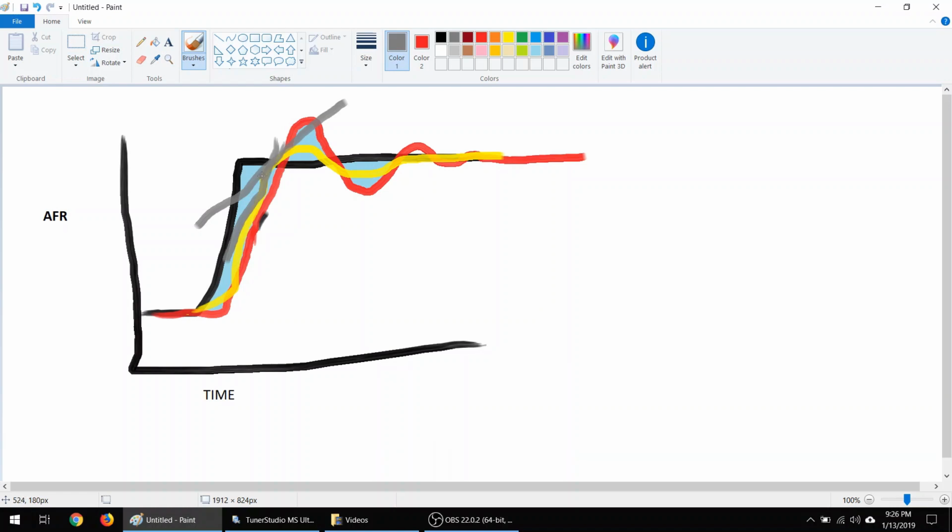And so what that does is it can prevent you from overshooting, which can be good in a lot of cases. From an AFR perspective, it's good because overshooting means you might be going lean. Lean can be dangerous to your engine, and you don't want that. In our analogy with just driving the car and the accelerator, we're talking about speed. What that means is that you're basically rolling off the gas when you start to get close to your target,